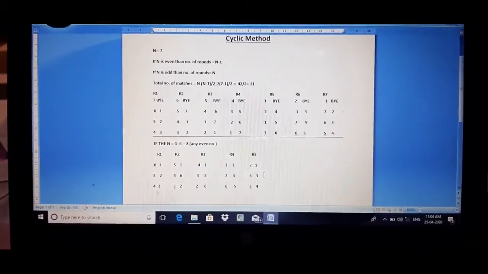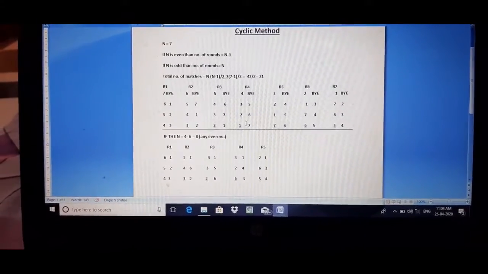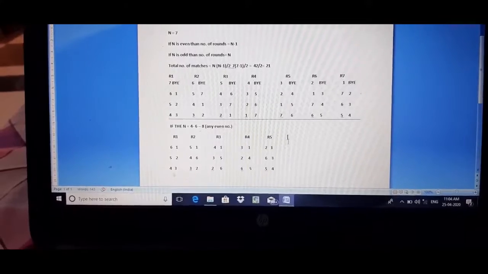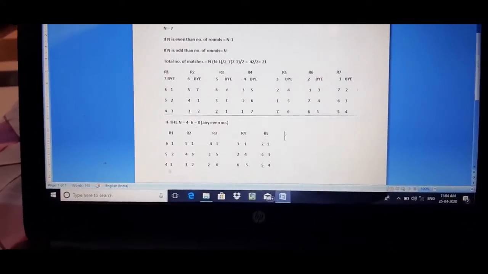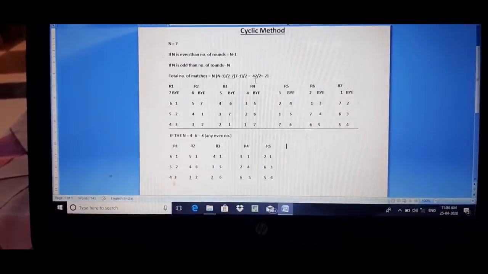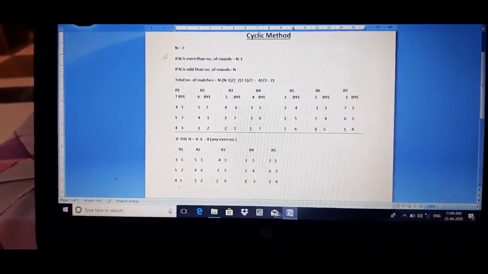In the same way, the total number of matches is also very important, students. That also has to be mentioned in both parts, whether it's odd or even. Now see the importance of this, I'll explain it to you. It's written 21, we had worked out 21 matches, right? As the figure was 7, we have 21 matches. Now count.